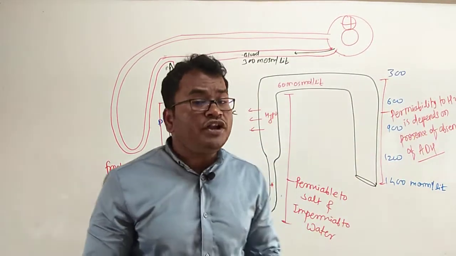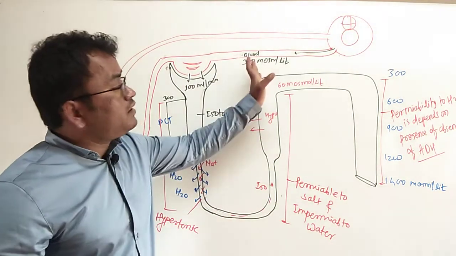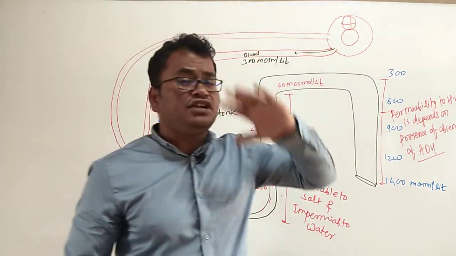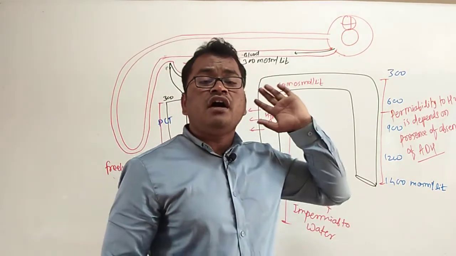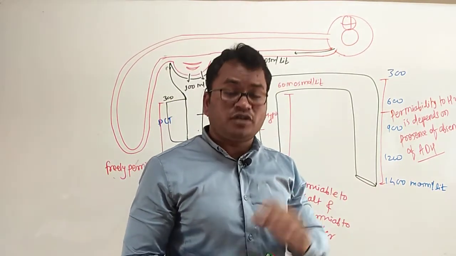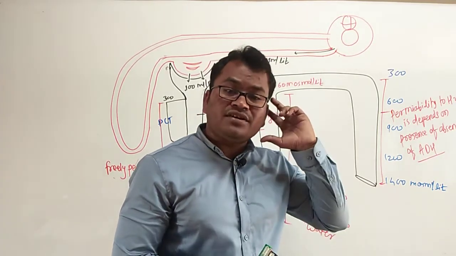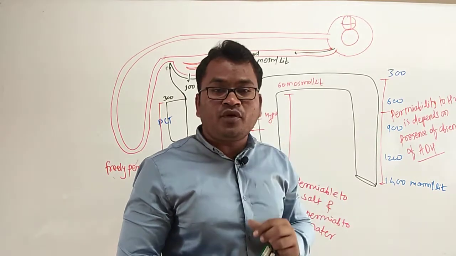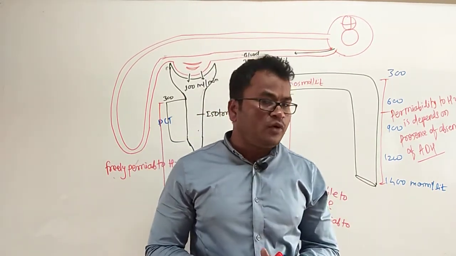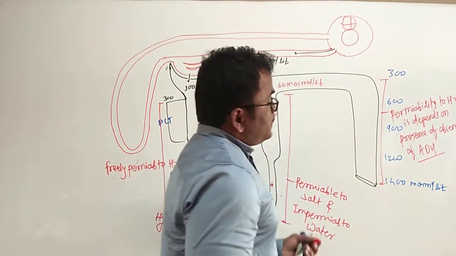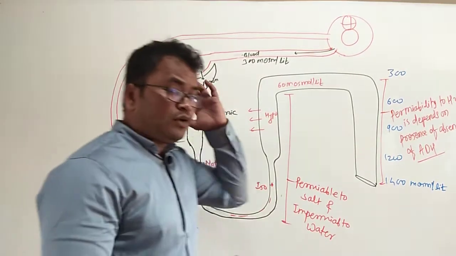If the osmolarity of blood is high, meaning less water is present in the blood, then ADH is secreted from the hypothalamus. ADH is formed in the supraoptic nucleus of the hypothalamus. It is stored in the posterior pituitary and released from the Herring bodies of the posterior pituitary. Hence, the osmoreceptors are present in the hypothalamus.